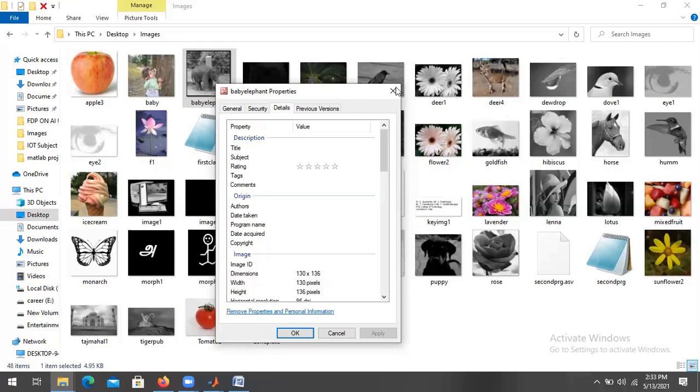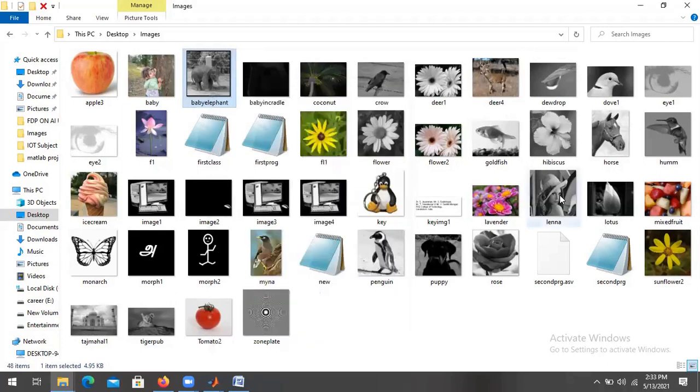So 130 by 130, and 256. This is 250. I'll just go with the Lena image.